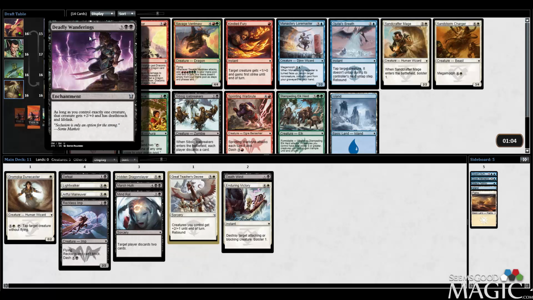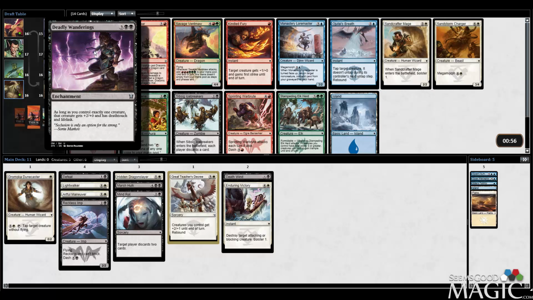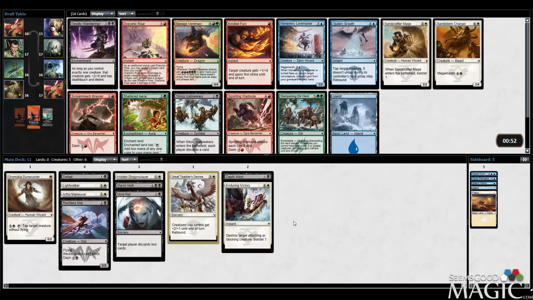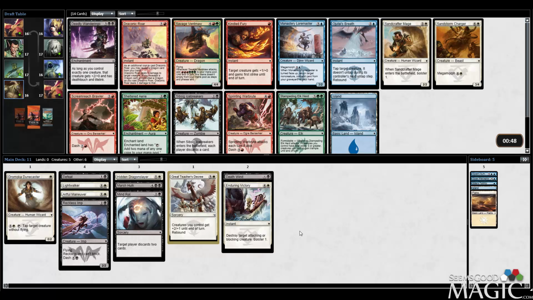All right, well, I passed Deadly Wanderings last time and I regretted it quite a bit. There is also Sandcrafter Mage. I mean, we're low enough on creatures where Deadly Wanderings just might be what we're looking for. It's pretty strong. But the problem is, here's the problem with Deadly Wanderings in our deck. We're trying to be an aggressive beatdown deck. And how do you be...